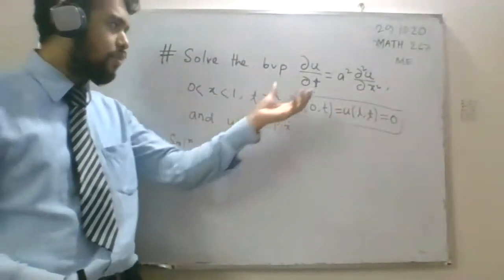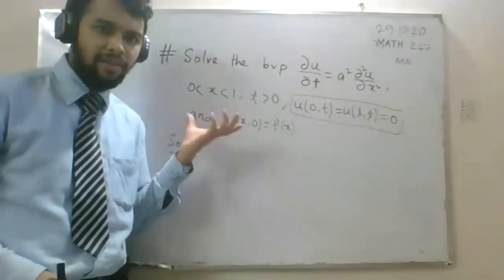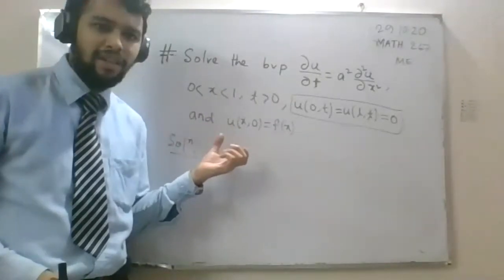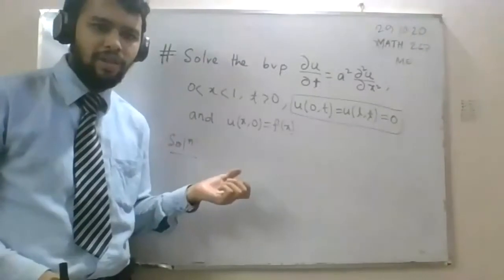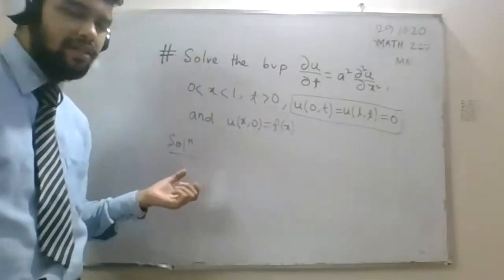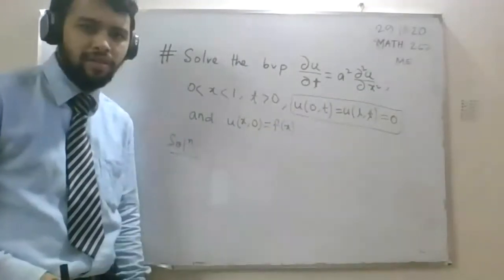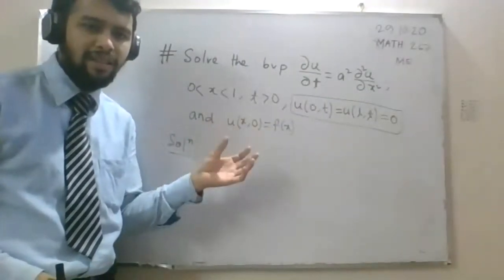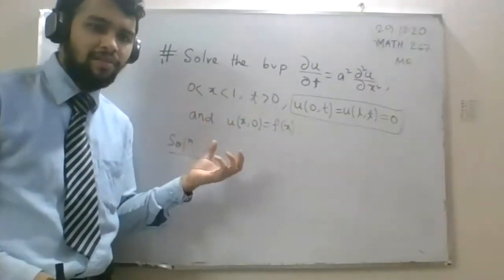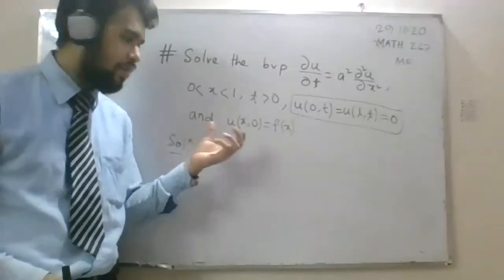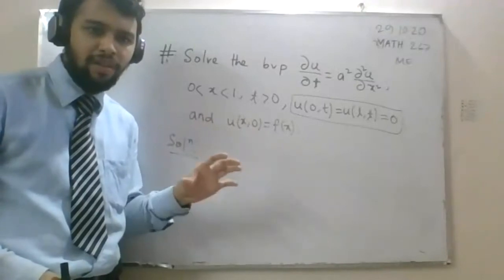Okay, and after that put those values in here, you can get an equation. From there you can find out the solution. Okay, that means u1 and u2, and after that you have to use this boundary condition, and you can get the constant value from there, and after that you have to find again for the initial condition. You have to use the superposition principle for solving the